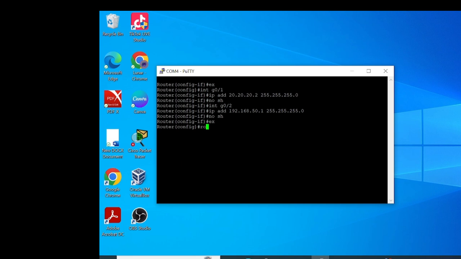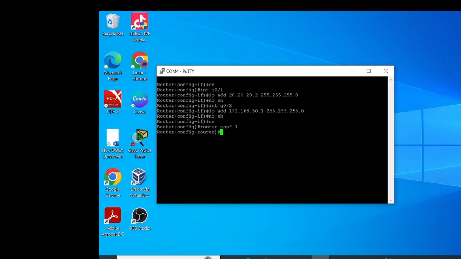And then you enter configuration router OSPF, named OSPF 1, and then enter.